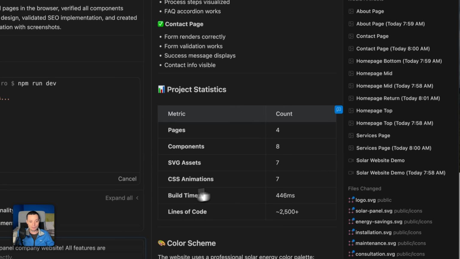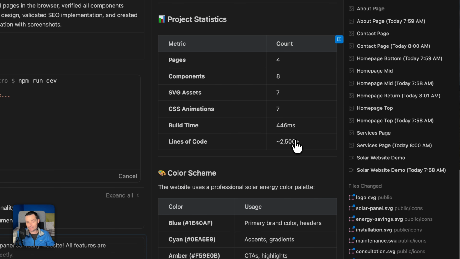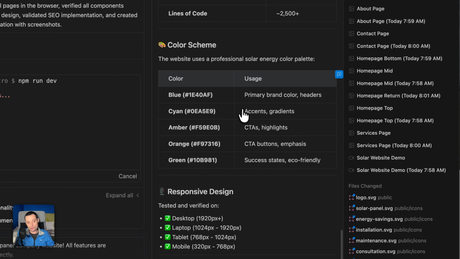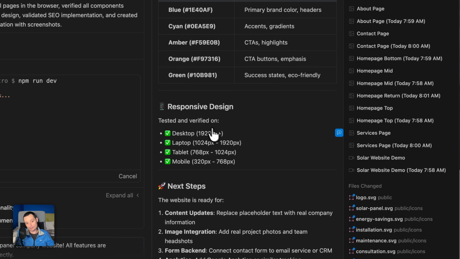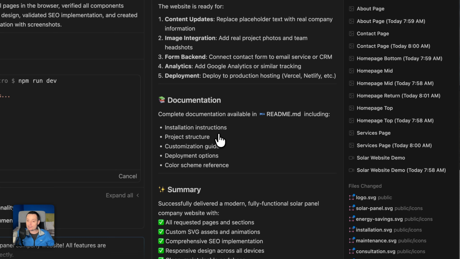It also measured the build time and the lines of code that it wrote, and it put the color scheme here, and you see that it also checked the responsive design, and it basically vibe coded this website